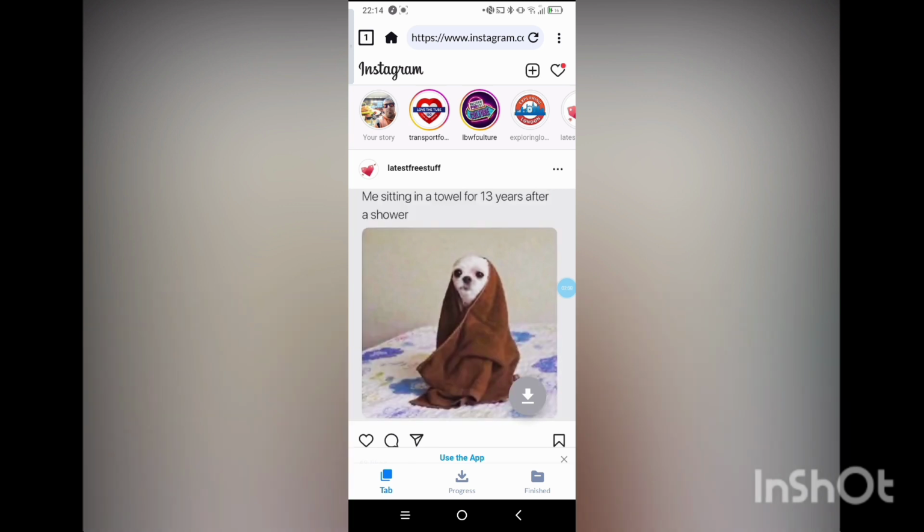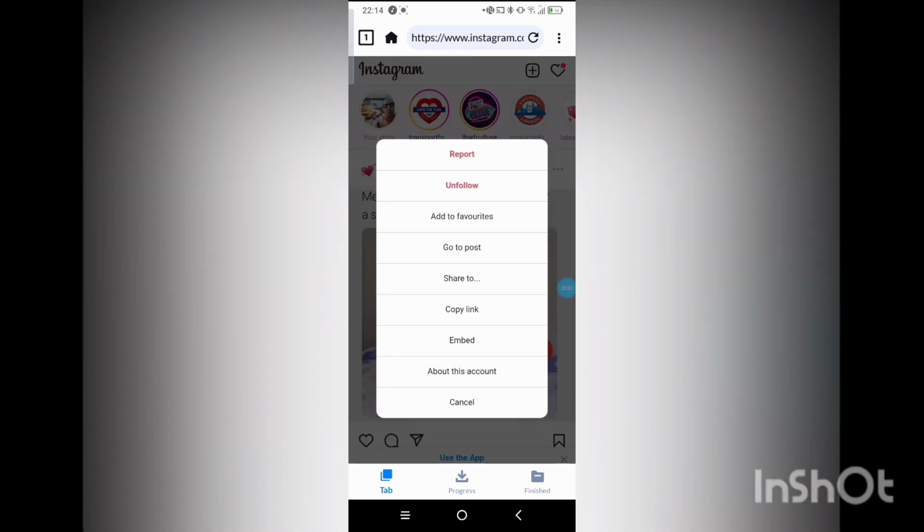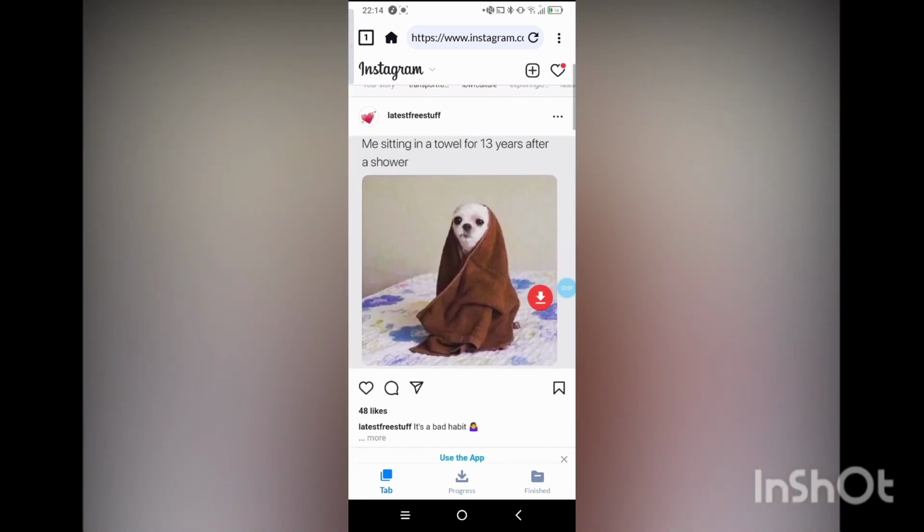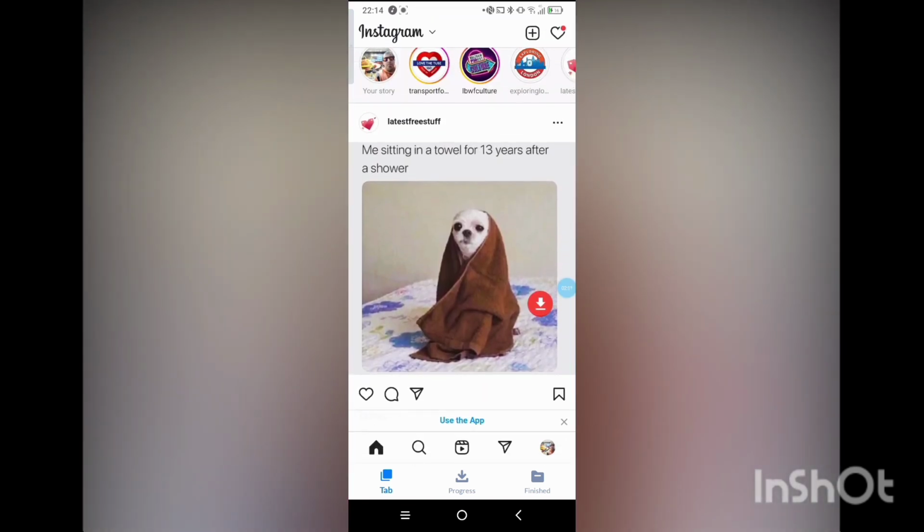I'll just pick this first one. Select the three dots. Sorry, no, wrong one. Sorry, my mistake. Should go there. Just click the red arrow there, and the red button. Then select the red circle with the white download arrow,